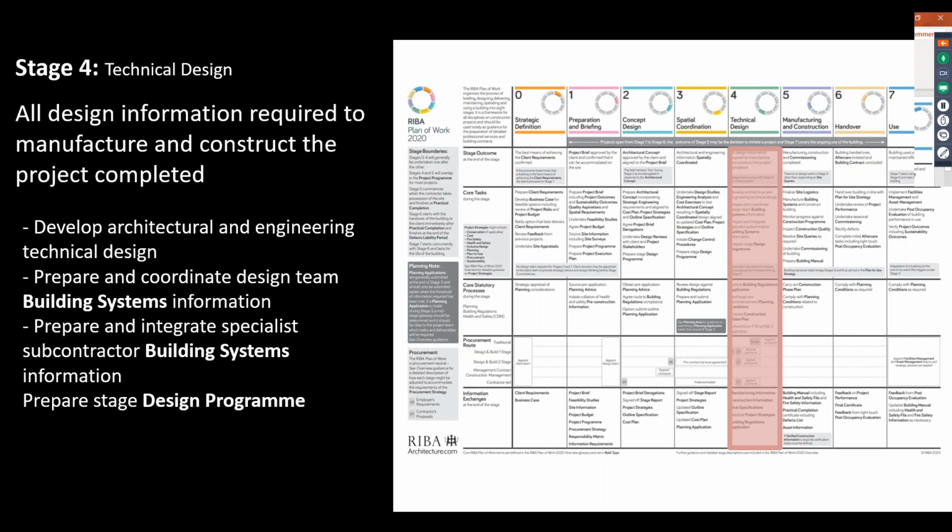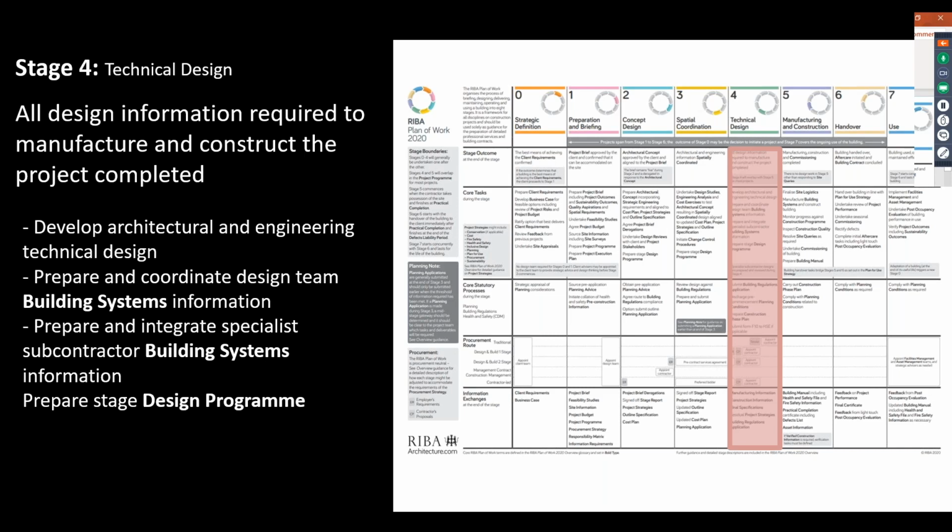So, for example, if we have an integrated team on a project, we may have the specialist contractor information being produced at the same time as the design team's information, whereas on a traditional contract, we need to produce the design team information before issuing the tender documents, and it's unlikely that any contractor design portion will be undertaken until a contractor is appointed. But the crucial thing is stage 4 is a production of all of that information, regardless of any contractual relationships and who is contractually responsible for